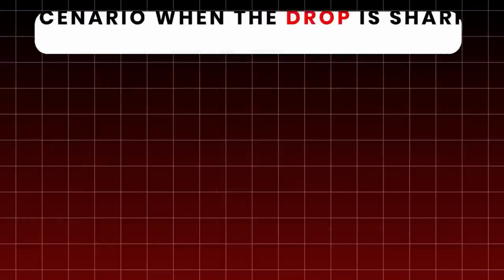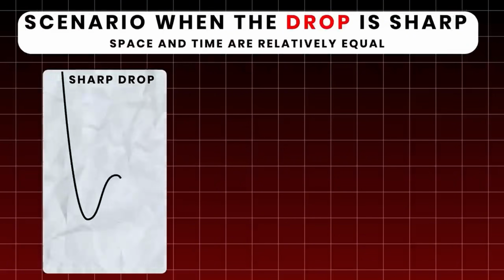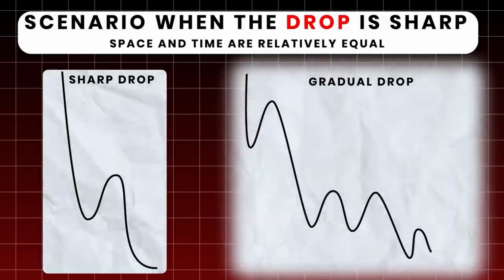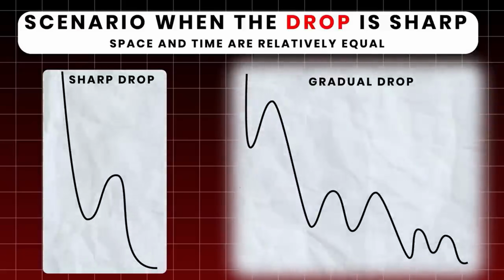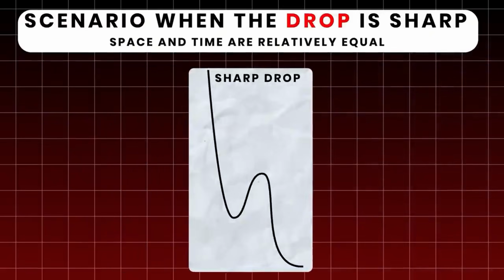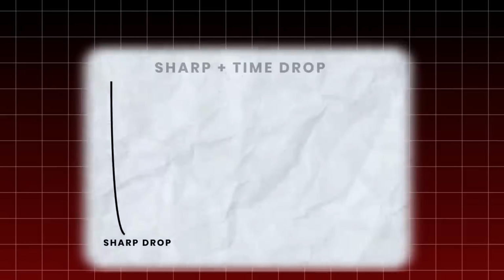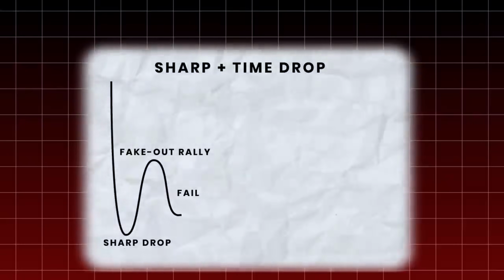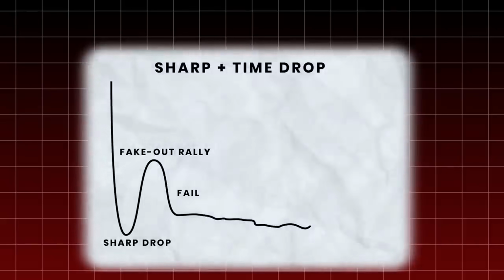Let's take a scenario where the drop is sharp. So here the drop is sharp, and here the drop is more gradual, right? Well, there's a way to get space and time equal with a sharp drop as well. Let's go over that. So you can have this scenario where you drop hard, you have this fake out rally, boom, fails,